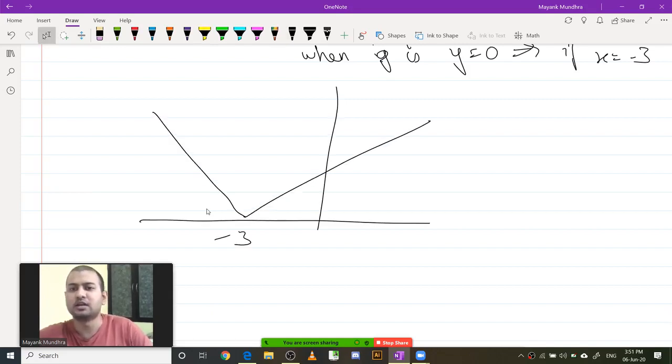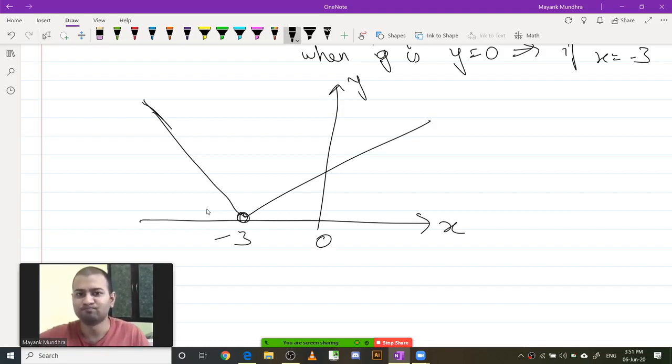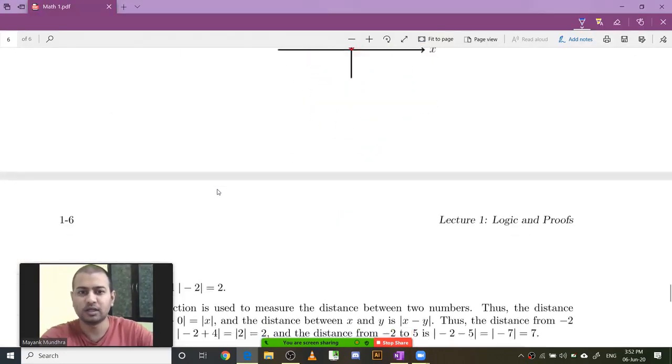Okay, so if you just want to go with that intuition, this is what the graph will look like. It will bottom out at minus 3. This is your y, this is your x, this is your 0. So this is what the graph will look like. Okay, so y equals mod of x plus a. If the a is outside the mod, it will shift the graph vertically, and if the a is inside the mod, it will shift the graph horizontally. So this is how this constant a affects the graph of the modulus function.